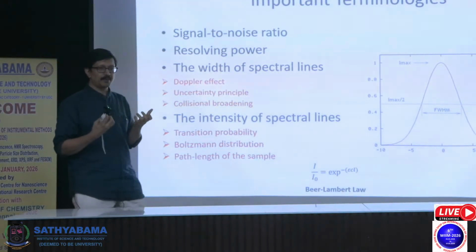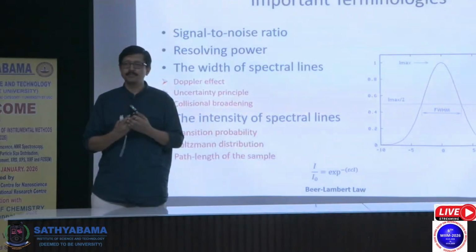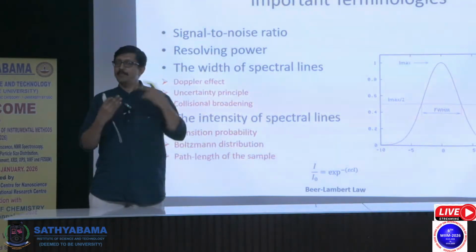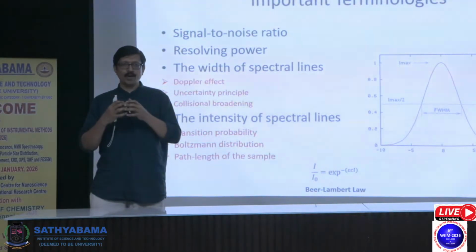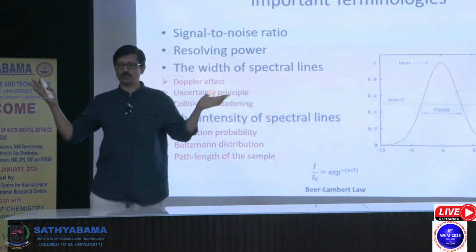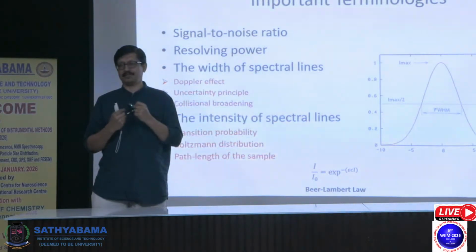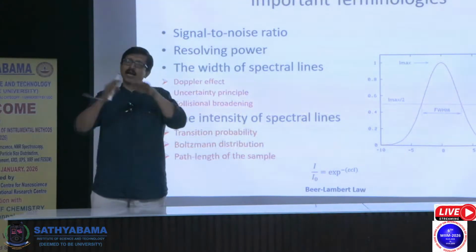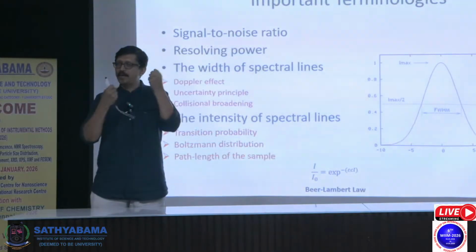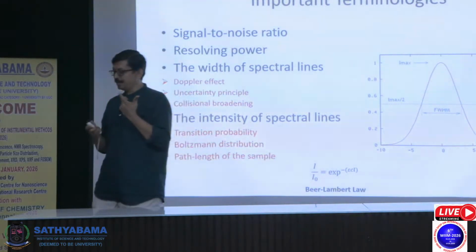So in which phase will collision be more: solution, gas or solid? The immediate answer may be gas, but actually the answer is solution. Because gas, what happens? It spreads out. So the probability of collision will actually be less in gas. Whereas solution, you are actually confining it and allowing movement. So the probability of collision will be very high. That's why in solution spectra, the collision